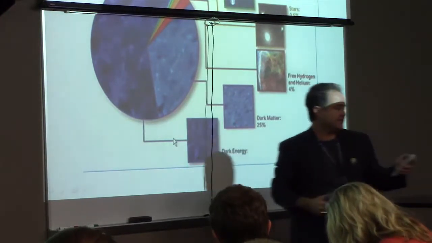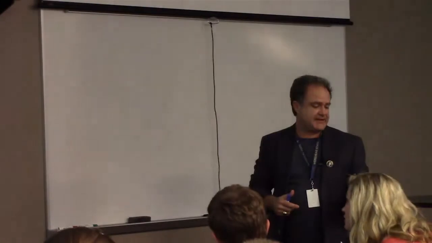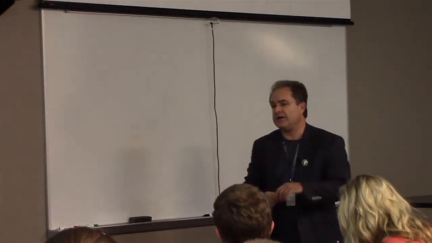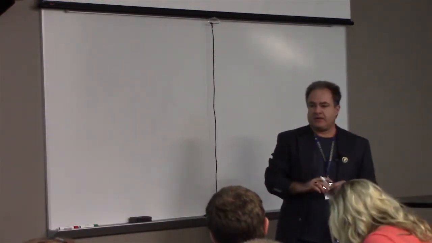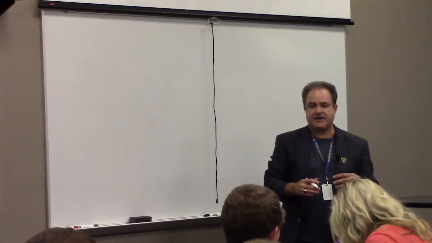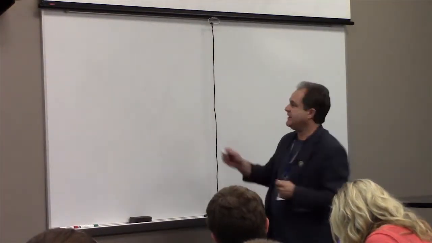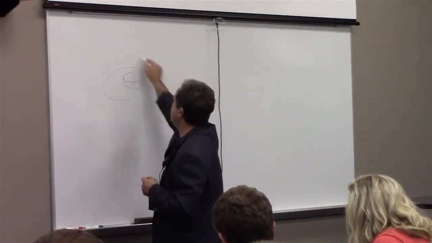Let me turn this off for just a minute. We've known about dark matter since the 1970s. We've only known about dark energy since about 1995, and really since about 2001. The dark energy component of the universe has been real obvious. People started to figure out that there was dark matter around in the 1970s when they were looking at galaxy rotation curves. And for example, if you look at a normal galaxy, like a spiral galaxy,